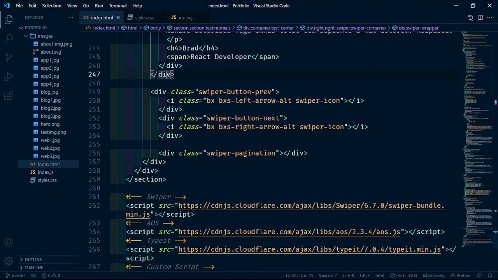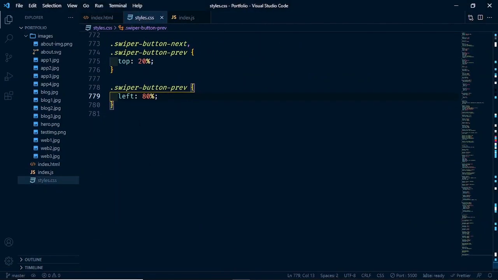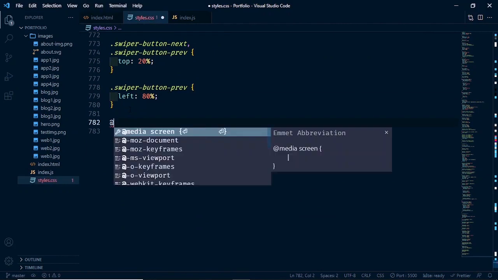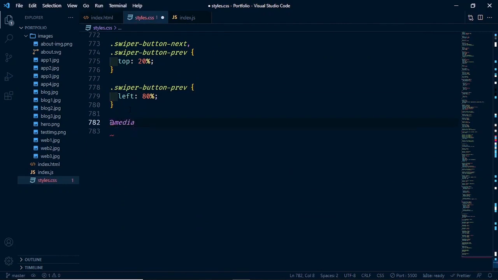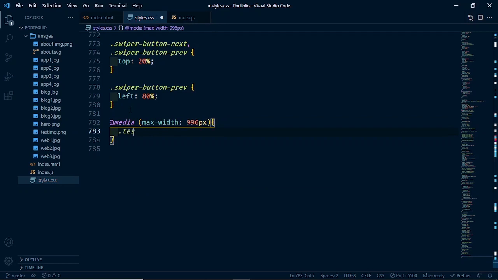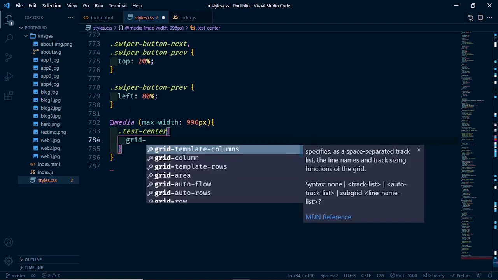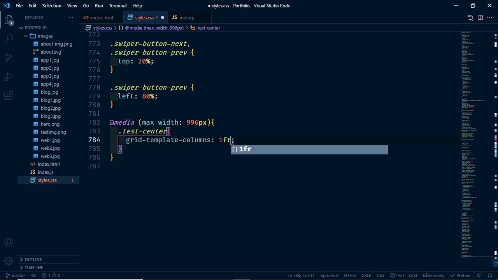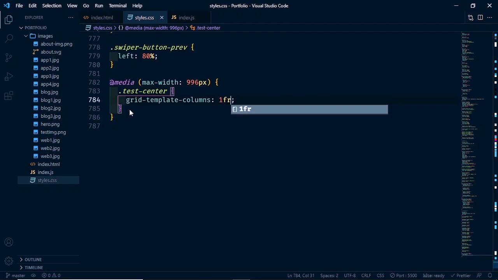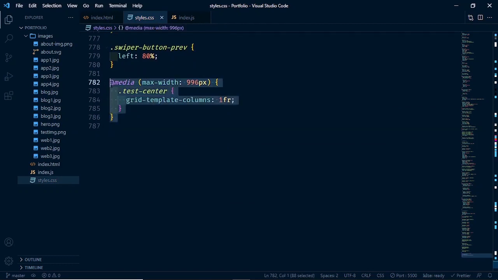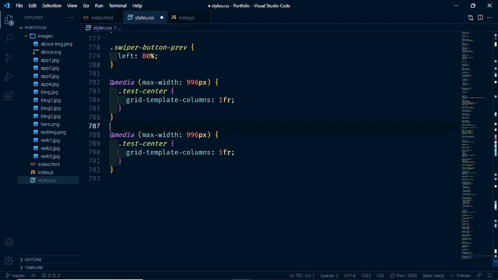Now let's write down some media queries. So we go to our styles.css. We start with media. We want max width to be 996 pixels. Let's select text center and give it grid template columns of 1 fr. So you want only one column. Let's copy this down and change the value to 768, and we want to select